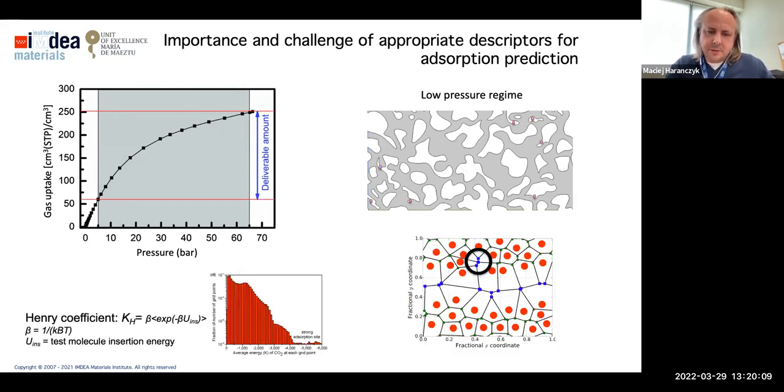And we can do it, for example, with a technique we proposed called Voronoi energy. This technique allows us to use the Voronoi technique to decompose the material structure and get this Voronoi graph representation, in which the blue nodes, as indicated in this picture, show the centers of empty space. If we calculate the interaction energy of a gas molecule in those places, and we choose the one with the lowest energy, that will be a good indicator of whether a material has a strong binding site. So we have this Voronoi energy descriptor that captures adsorption at low pressure.